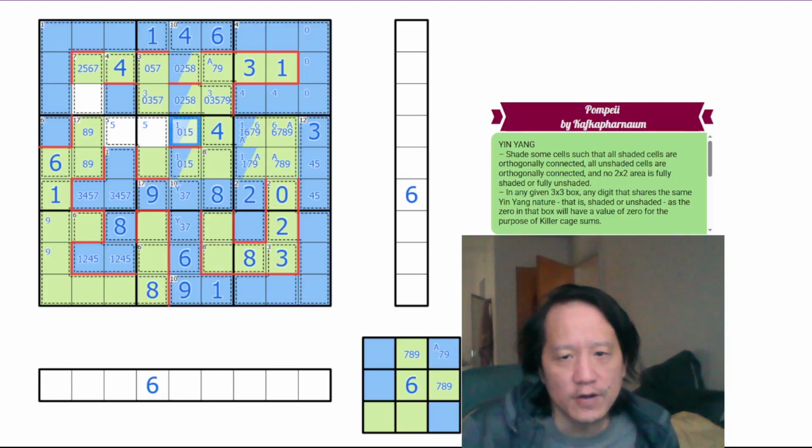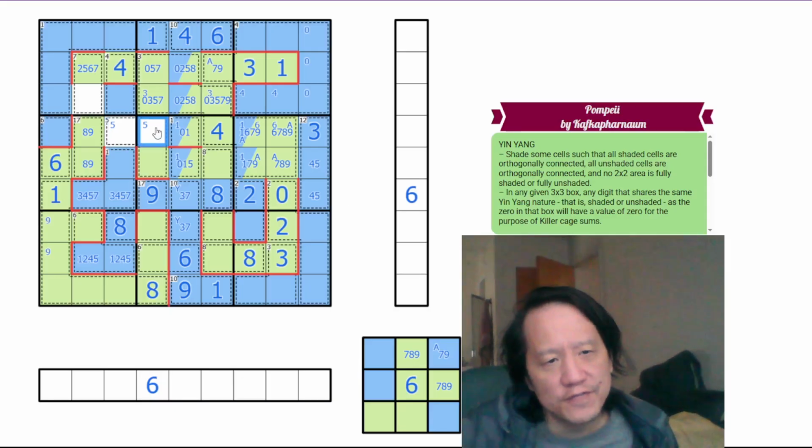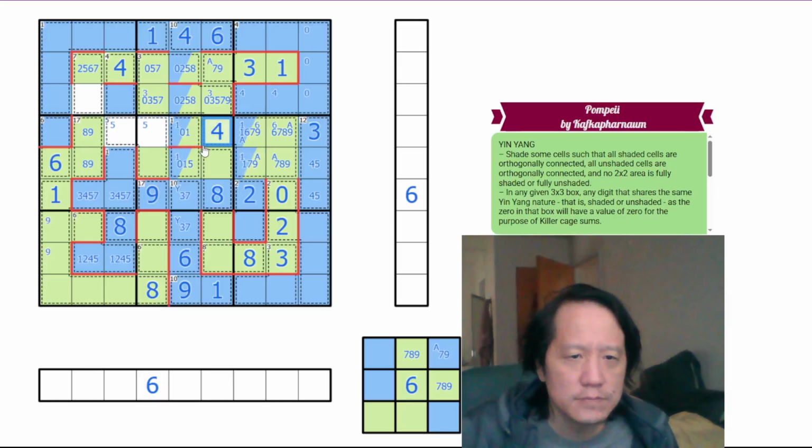This can't be 5 because one of these two is 5 here. I think we tried if 5 was here. So, did we? That means these are both blue. Maybe we tried if both are green. Actually, I think it was one of these that we tried. Okay, so we know this is